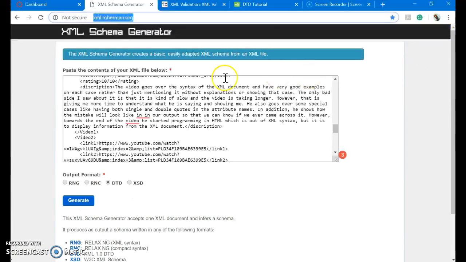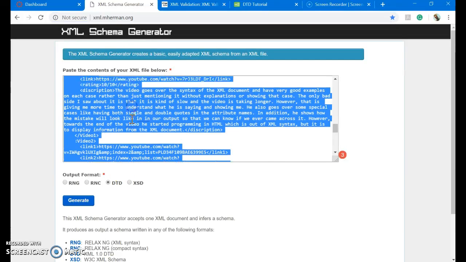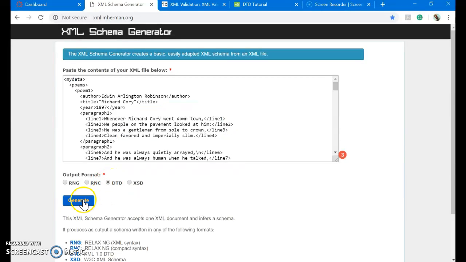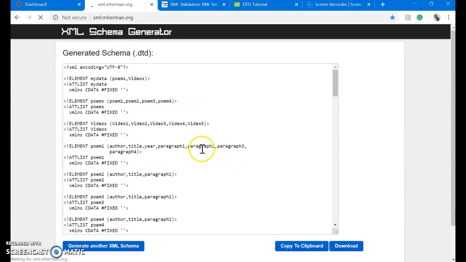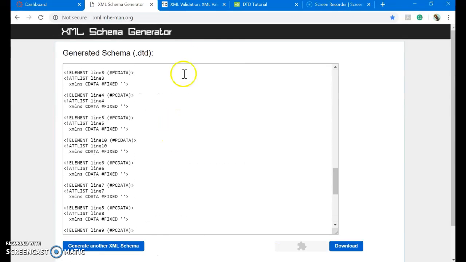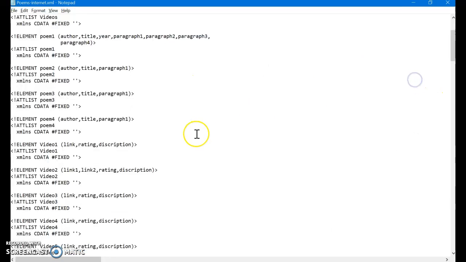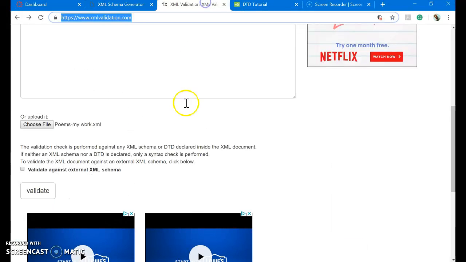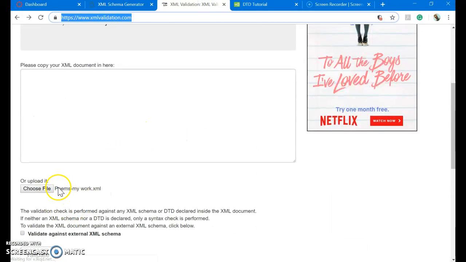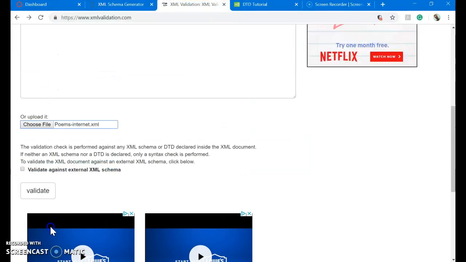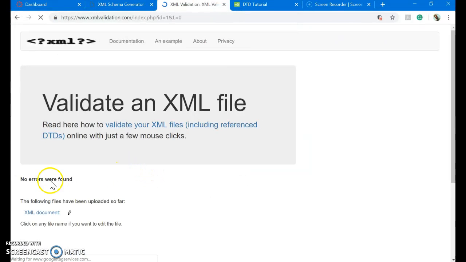And the way I got this is through this website where I put my XML document in here and select DTD and hit generate. After that, it will generate everything for me automatically, and just copy it and paste it over there. And of course, after that, I went to this other website to validate it by putting the file in here, or I can paste the text in there. For example, this is the one from the internet, and we can hit validate,